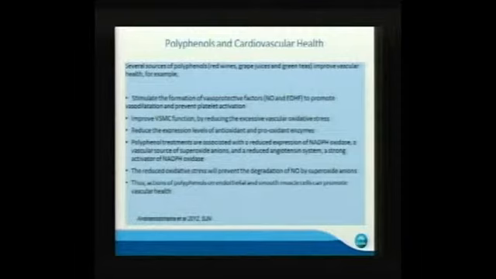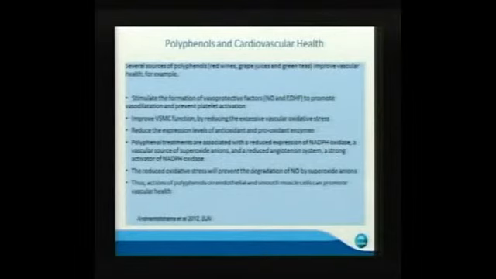And if you look at the cardiovascular health data, there is good evidence now. These are good, well-conducted studies. So collectively, you can say polyphenols from red wine, grape, and green tea promote vascular health. That is blood vessel function. They stimulate the formation of nitric oxide, which is a gas that promotes opening of blood vessels. That's the vasorelaxation. And then they inhibit platelet activation. They improve vascular smooth muscle cell function